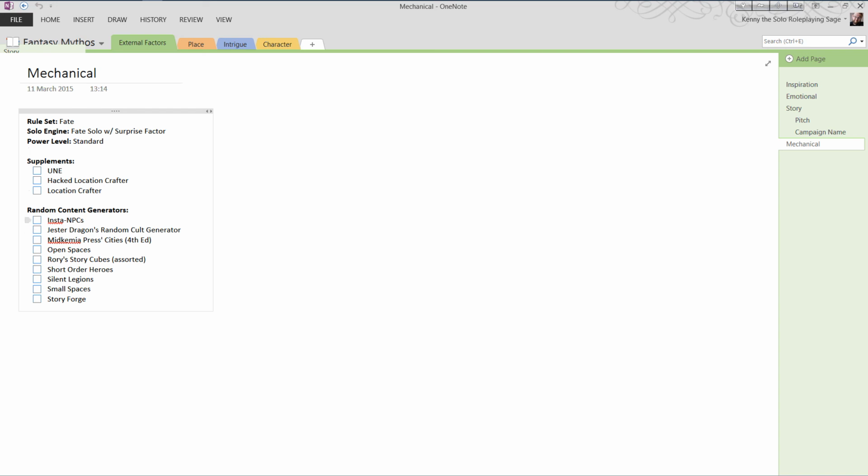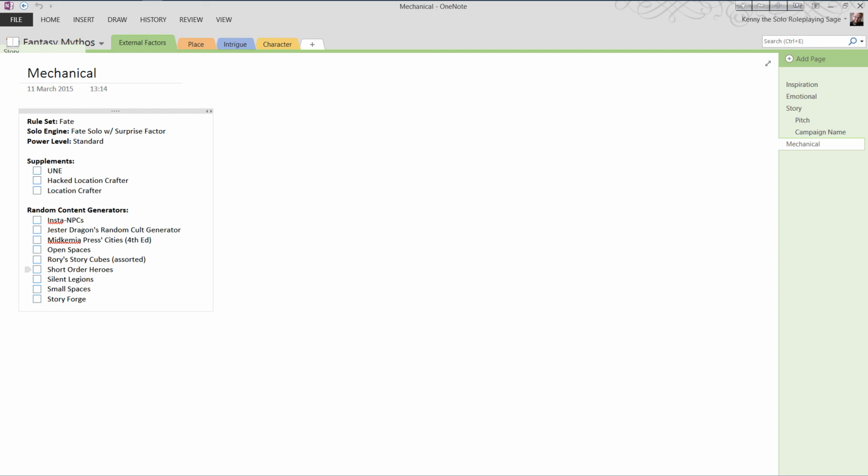The random content generators I'll be using within this game will be Insta NPCs, Jester Dragon's random cult generator, and Medkima's Presses Cities 4th edition. I have seen some people use this and I've heard good things about it, but I haven't yet tried it. I'll be using Open Spaces, assorted Rory's Story Cubes, including the actions ones I mentioned earlier.